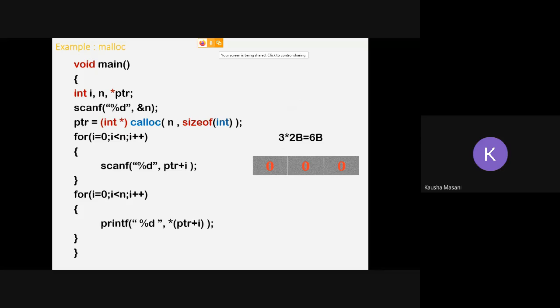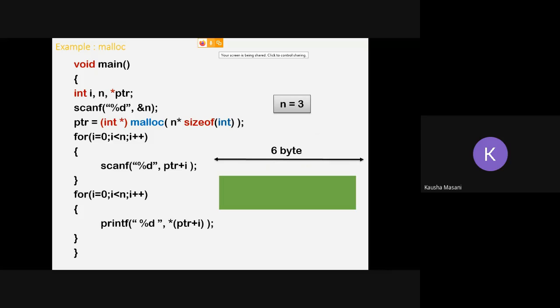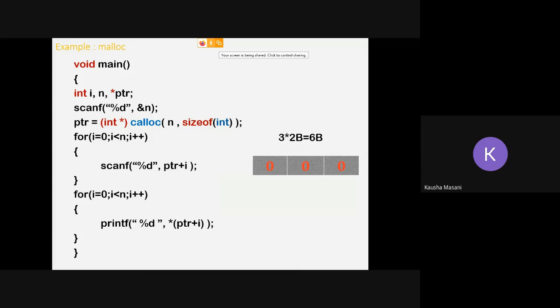See, the change is here. Initially it was malloc. Now in the case of calloc, the only change is in the ptr statement. When you are writing calloc, you are giving n comma size of integer. So 3 star 2 bytes, so 6 bytes.